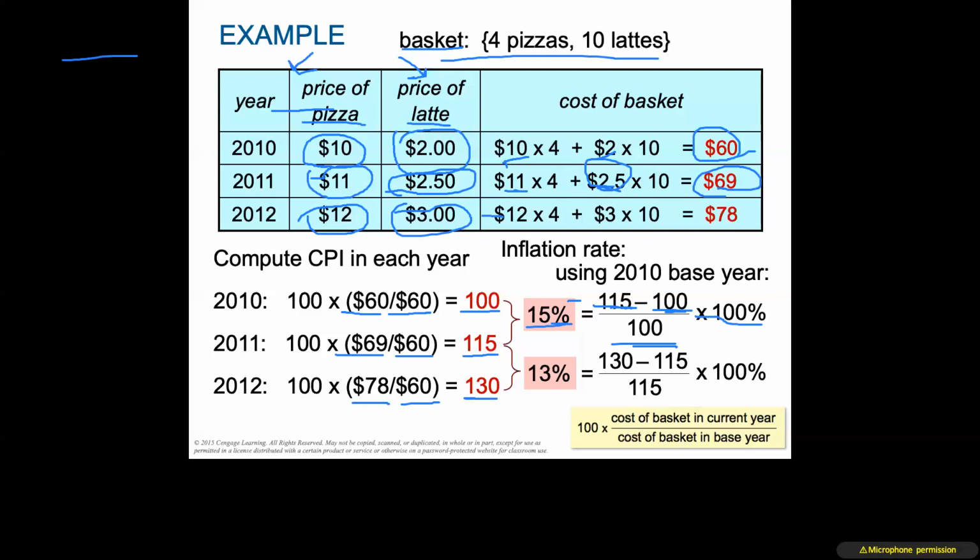Do the same thing for 2011 to 2012. So current minus last year divided by last year times 100 gets you 13. Now, if you notice here, you thought to yourself, oh, I can just take the difference between these two numbers. And it worked great for this one, didn't it? But this one, the difference between these two numbers is not 13. It is actually, I'm sorry, it is 13. So you can take the difference between the two numbers.